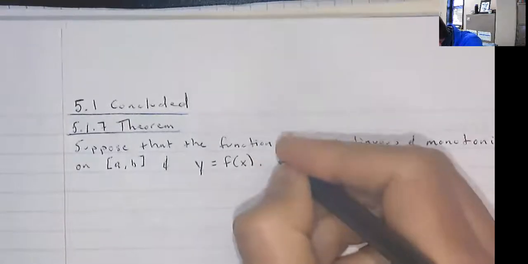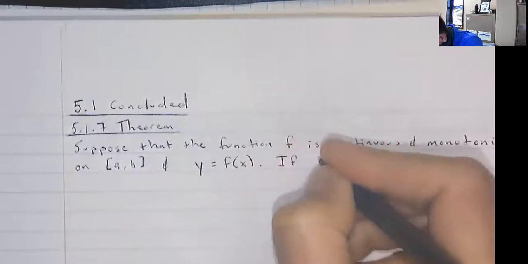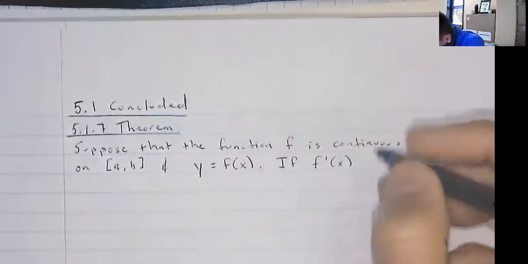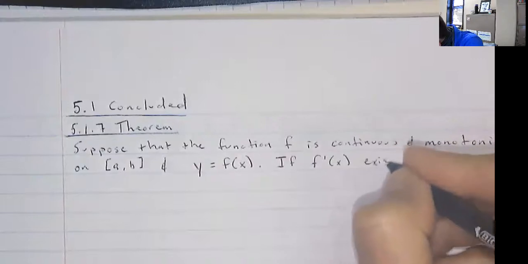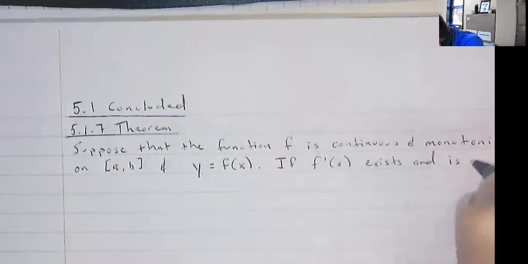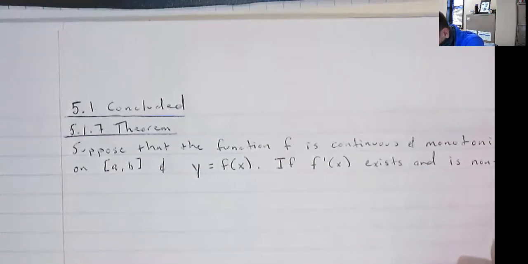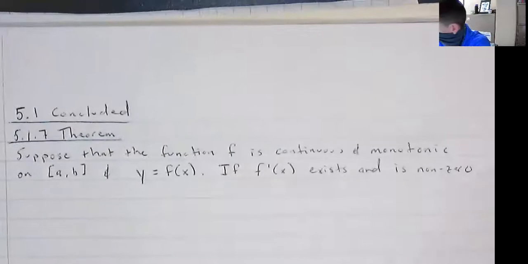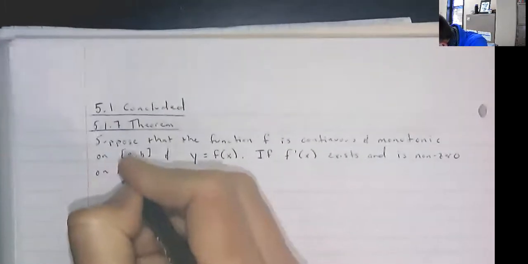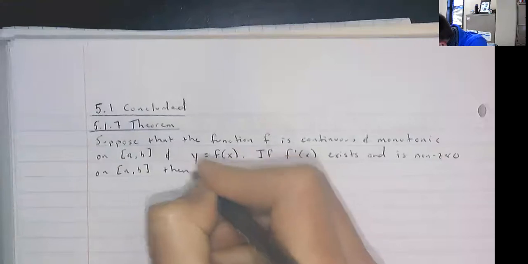If the derivative of f exists and is non-zero on that interval, then the derivative of the inverse